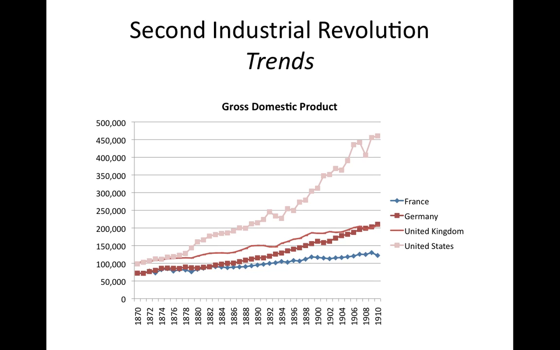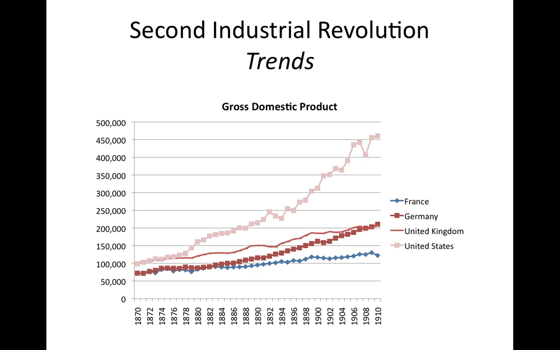So here you have a graph that shows you the United States, the United Kingdom of Great Britain, Germany, and France. These were the four great industrial economies of the 19th century. And look at the trajectory here. Starting with 1870, the beginning of this graph, you'll notice that the United States is kind of on a par with these European